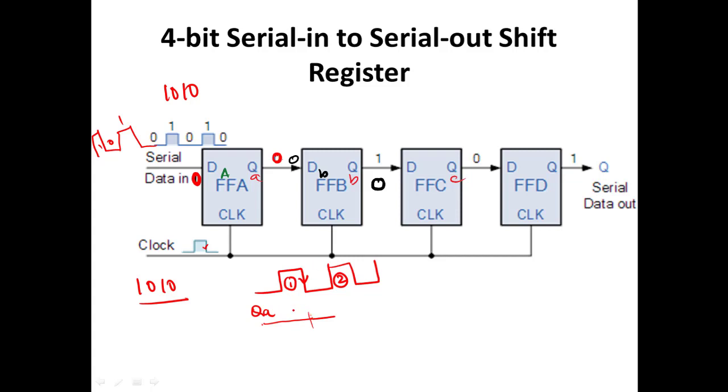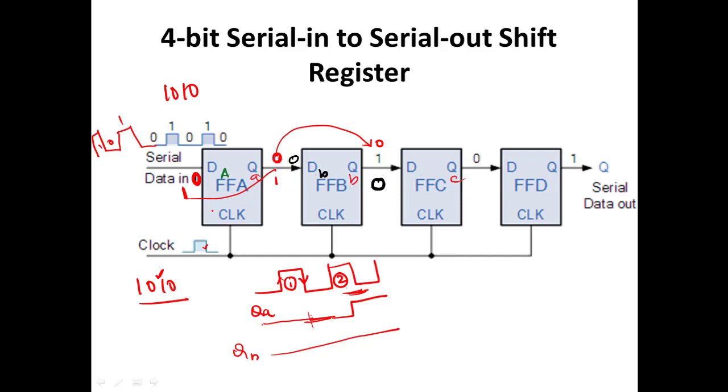Instead of negative edge triggered, I can even take positive edge triggered also. During your first clock pulse, this is going to be 0, and during your second clock pulse, the second bit 1 will appear here. This 0 will appear as input for the second flip flop. So this will be coming here as output as 0, and this one will be coming here as output as 1. So this is QB. QB will be 0 here, whereas QA will be high during your second clock pulse.